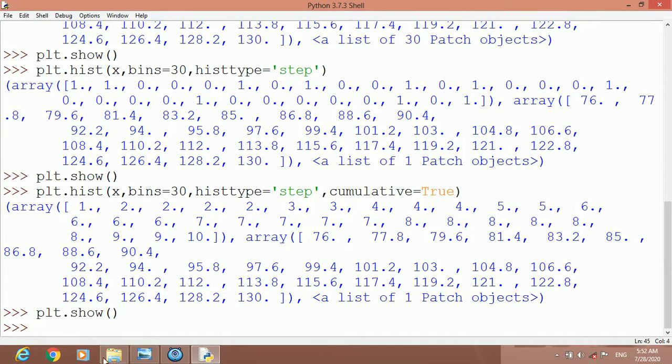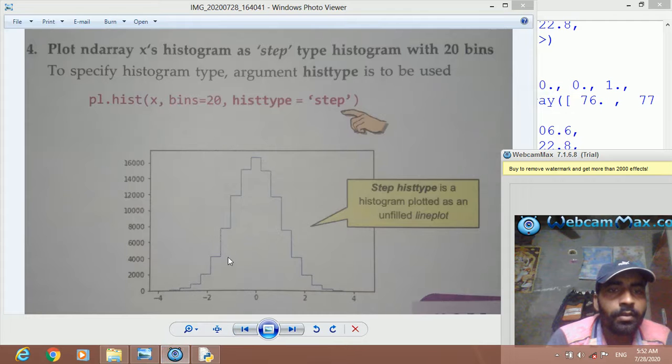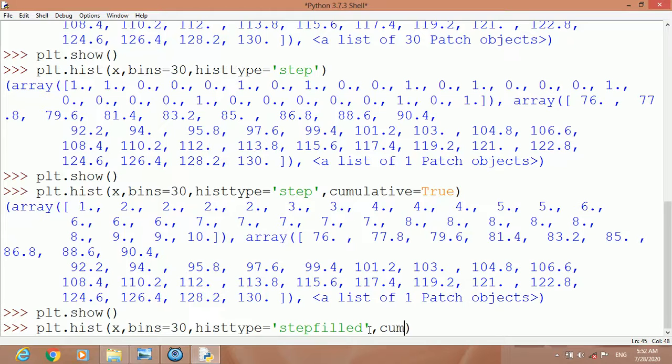Then other types we have, like bar, barstacked, and bar only. Step filled we have. So let us use step filled. Let us see what this displays. Cumulative equal to true.